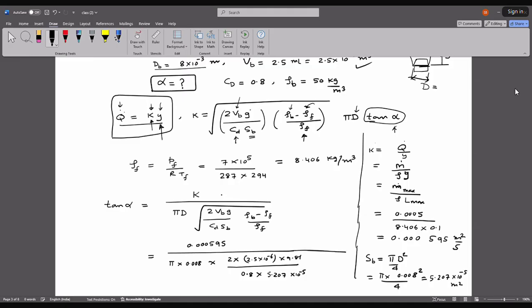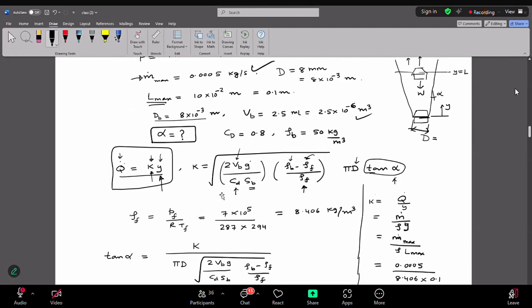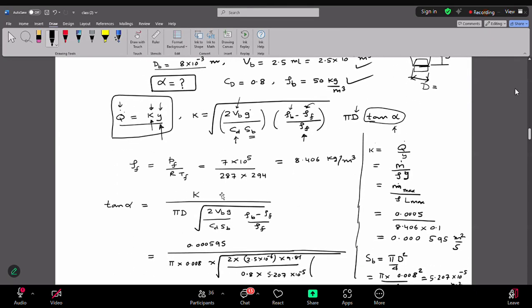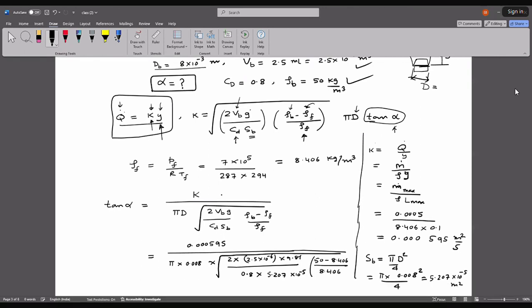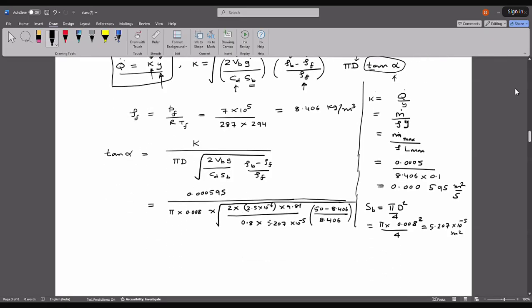Because these things will be under the square root, the density of the bulb is given as 50 kg per meter cube. Rho B is 50, rho F is 8.406. So if you do this calculation,